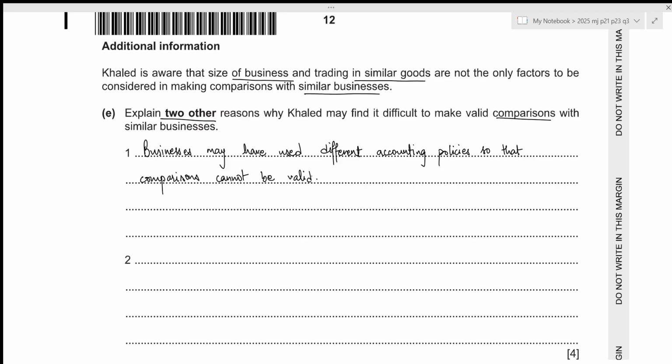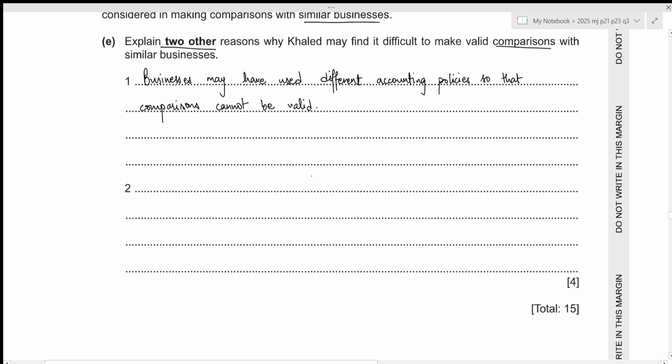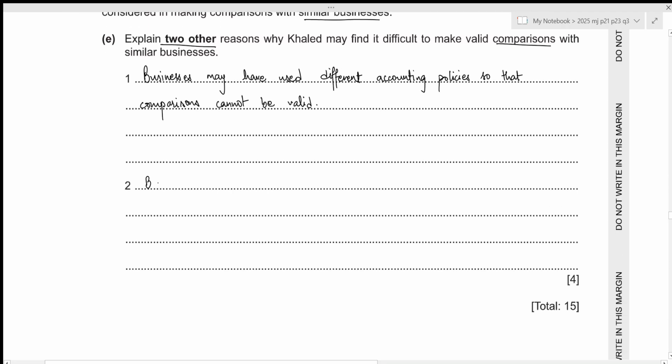can have quite different asset structures. And in some of our ratio calculations, we use the value of our non-current assets as well. And if they do not belong to a similar structure, then that comparison might also be invalid. Let's write it down. Businesses may have different